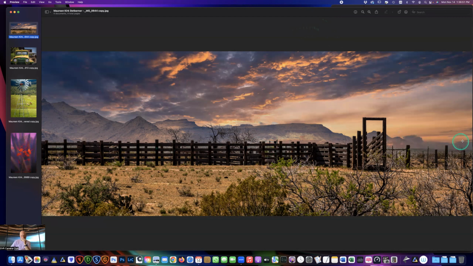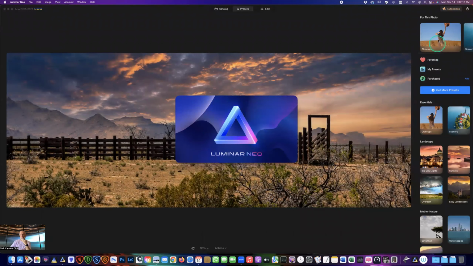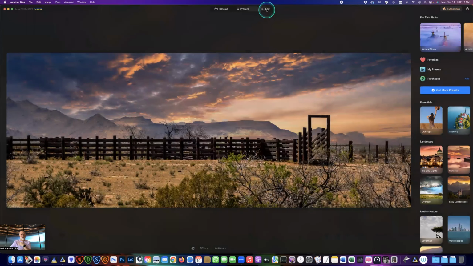Here it gives you that almost fade-away fog that you get at sunset. Let me see here. Yeah, I guess we could try and replace the sky in Neo and see what happens. I don't think it starts up the first time. We might have to do this twice, but I just got an update. It works good. Okay, so if we go to edit,